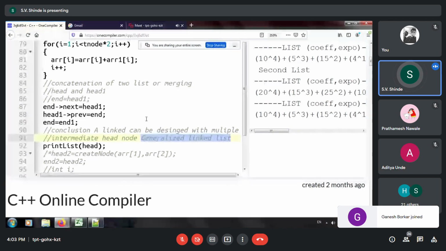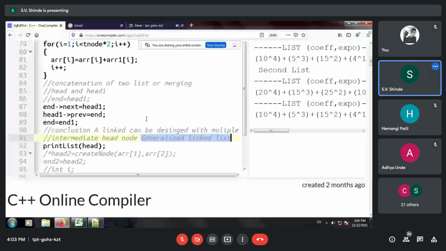So in order to practically work with the structures of generalized linked list, in tomorrow's session we will discuss the data structures involved in generalized linked list, and a very interesting data structure which is associated with multiple linked lists.